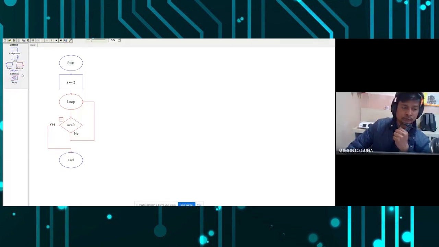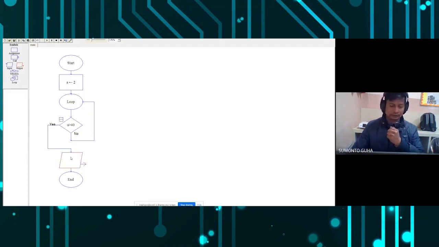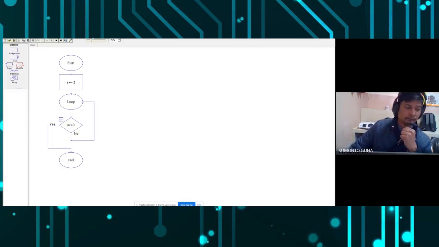So I'm clicking on the output box, and now I'm clicking here. I have clicked at the wrong position. It has gone to yes. So I have to delete it, because if I put it here, then it will become wrong. I'm again clicking. The output is already selected. I have to click on inside. Now it is proper. So this is the output box.